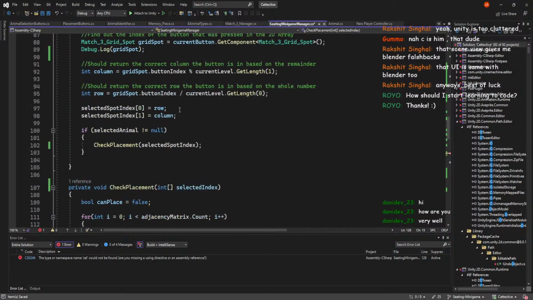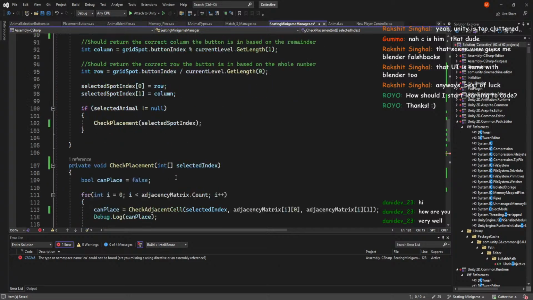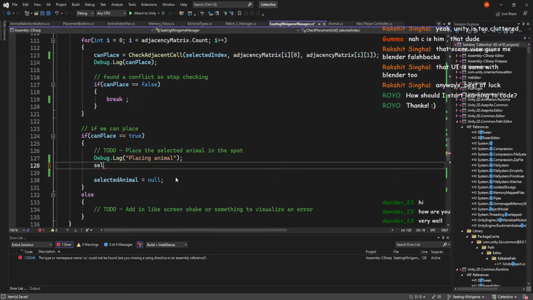Is that what it's called? Selected animal. Selected animal dot transform dot parent is equal to